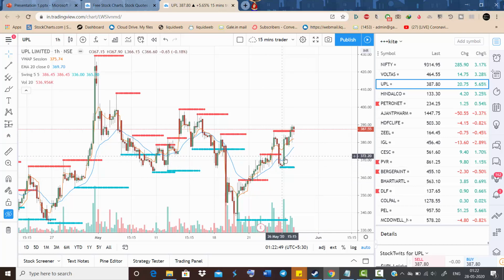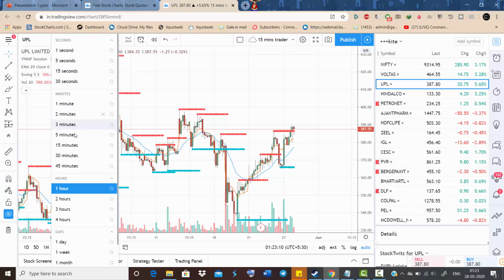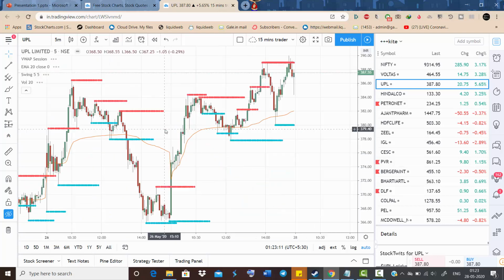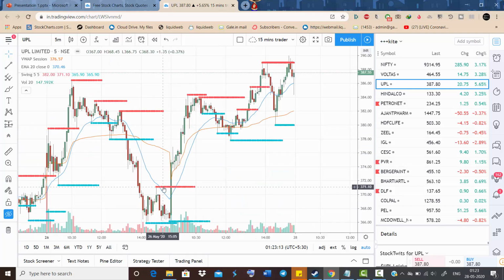Based on the swing chart, it is trending up and trying to find an area of value closer to the moving average 20. Any reversal at this point is a strong buy. Reversal means anything above 371 is a good reversal. This morning, you can see on the 5 minute chart, a good place to enter is above 371.